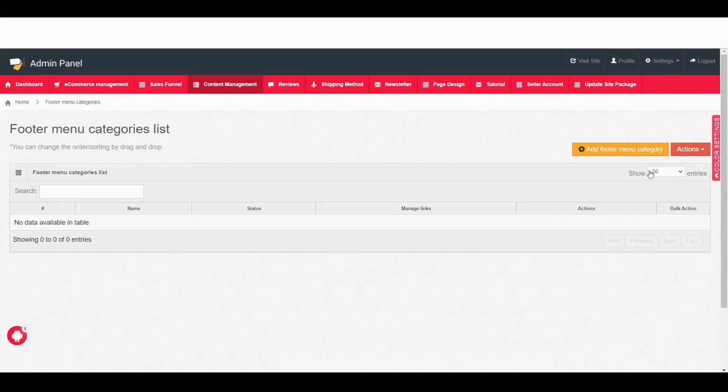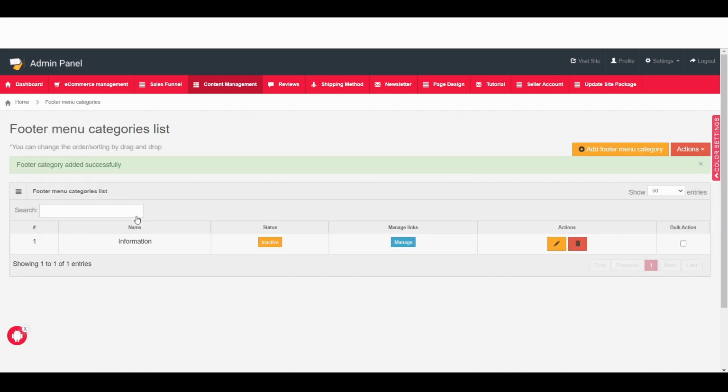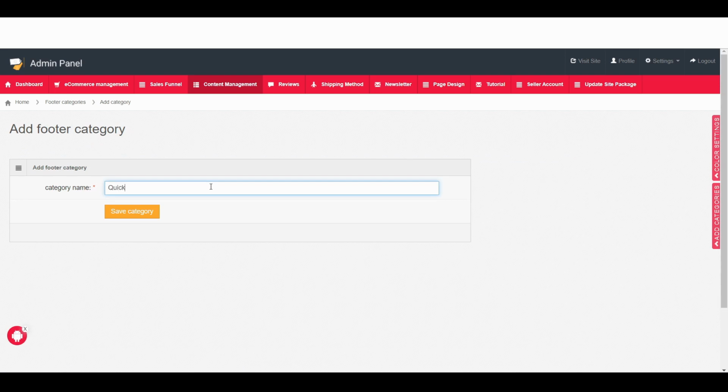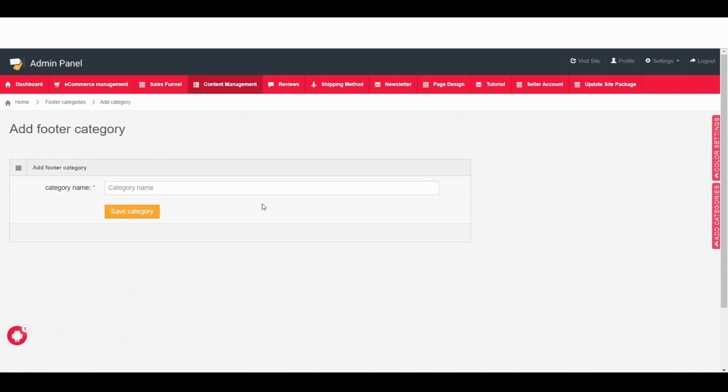And here if you just say add footer menu category, I would say information, and then save category, then you can see one category created. Now I would like to create another category, let's say quick shop, and then click on save category, click on add footer category, let's say find us,